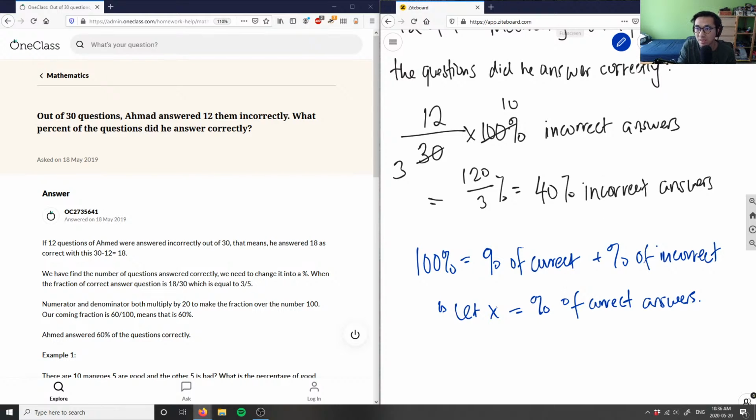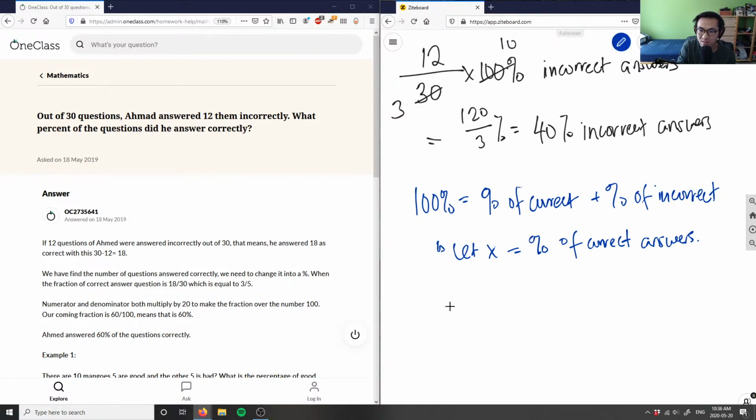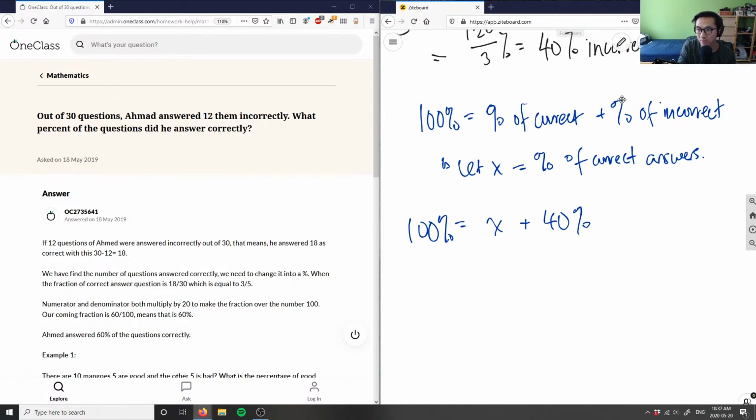And I can simply just say that 100% here is going to equal x plus the percent of incorrect answers, and I know it's 40%, right? 40% is this guy here. So I simply have to isolate for x, right? So x here is going to equal 100. I can subtract 40% from both sides, which will give me 60%. So I can say, therefore,